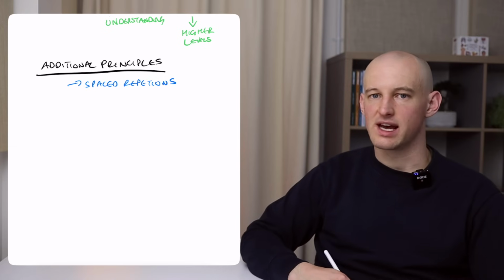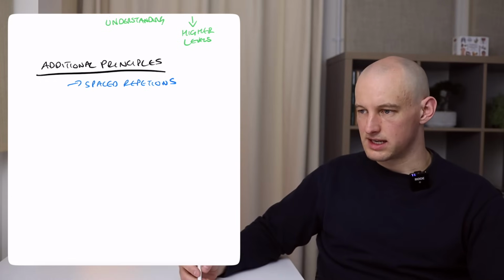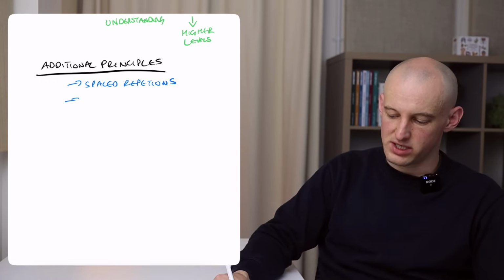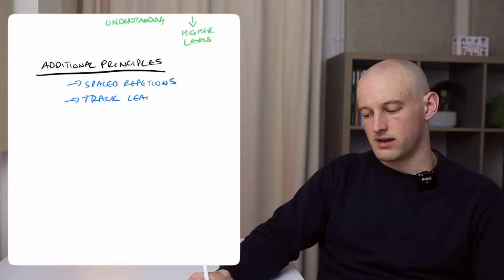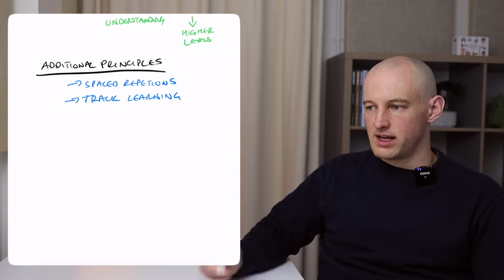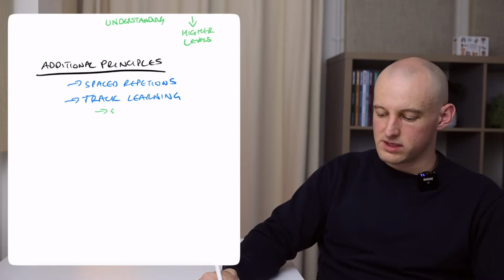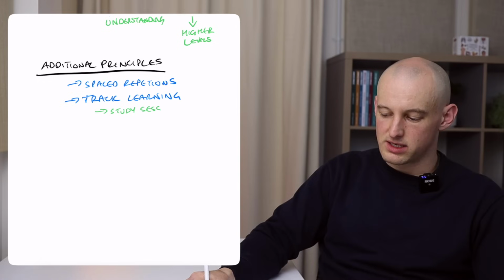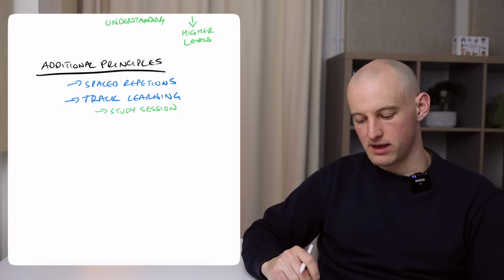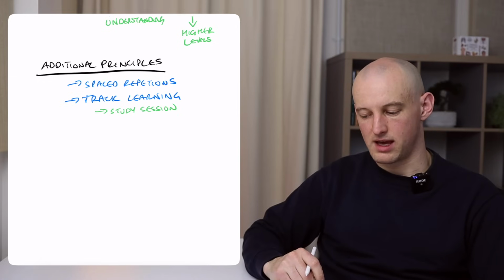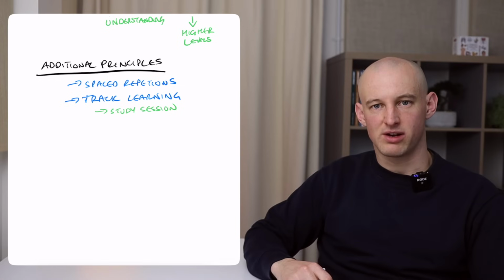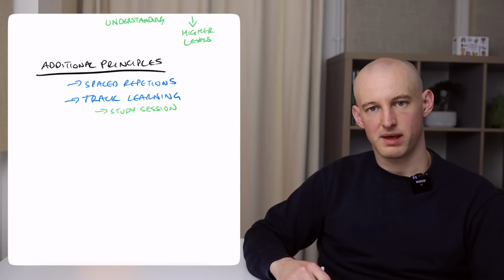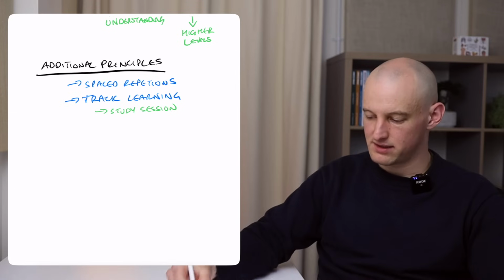Within a few days, you'll be down to like 30% of what you studied. So you need spaced repetitions, and you need to track your learning. So when I say track your learning, what do you track? Well, you track your study sessions. Remember, you're going to do spaced repetitions, so you need to know if you did it today. Track that you studied it today. And then in 2 weeks' time, when you're looking at what to study, you say, okay, I studied this topic 2 weeks ago, I need to repeat it again. So you're tracking the date,